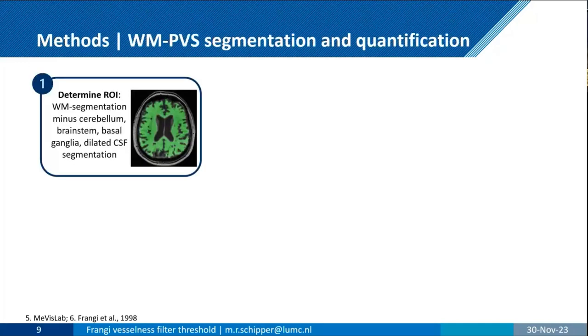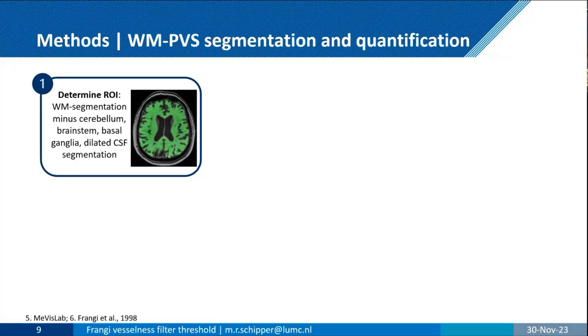So then, moving on to the methods, how do we do this white matter perivascular space segmentation? We first determine our region of interest. So we're interested in the white matter. So we start off with the white matter segmentation, and then we remove the cerebellum, the brainstem, the basal ganglia,